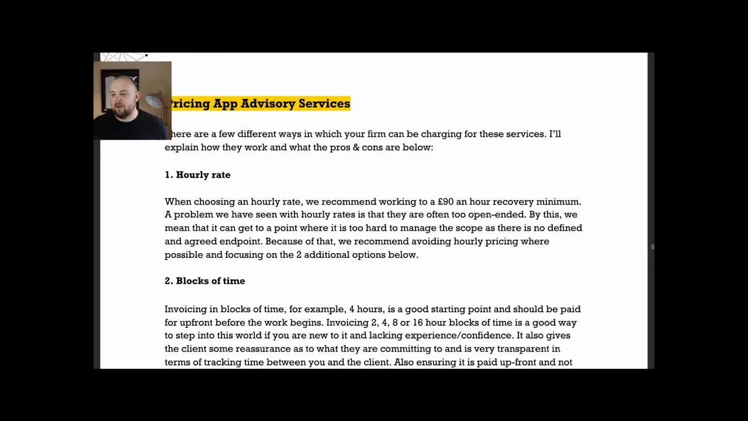Now, pricing app advisory services, well, really important. Now, we've gone through some rates and some ranges that you could charge. Now, hourly rate in general, I'm not a big fan of, but it does have its place. And the reason it has its place is because it means you can dip your toe in the water a little bit. However, what we do tend to find the risk with going hourly rate is we start writing work